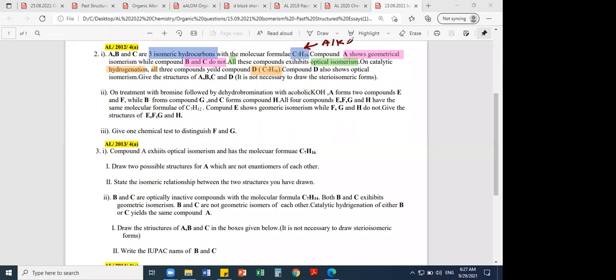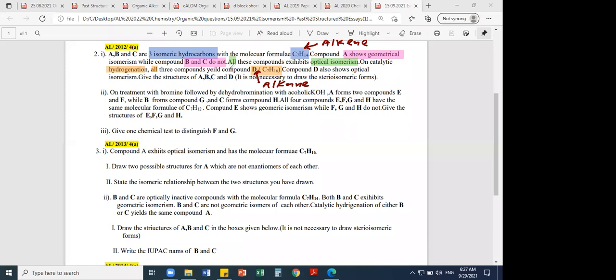After hydrogenation, they all will give alkane. That means this D will be alkane. So alkene becomes alkane after hydrogenation. So this alkene has geometrical isomerism,